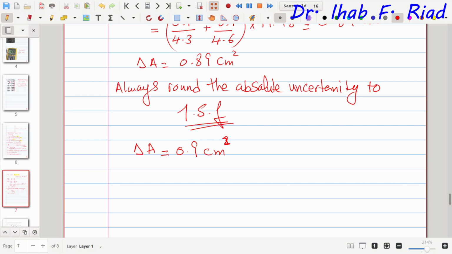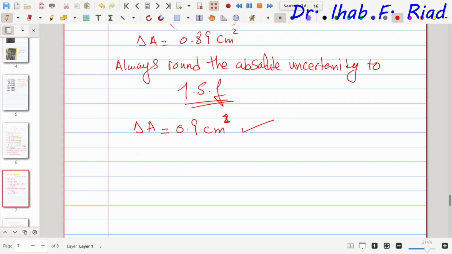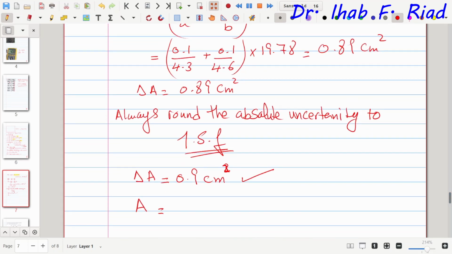0.9 centimeter square. Okay. Now we go back to A. Now, what is A? A we calculated as 19.78 centimeter square. When we report the final answer for A,